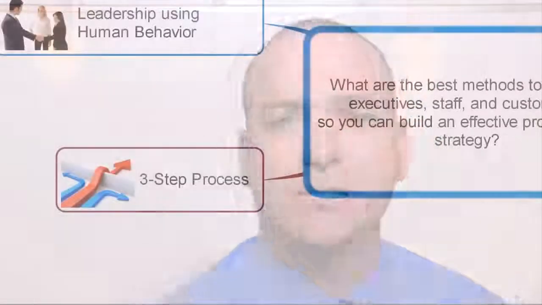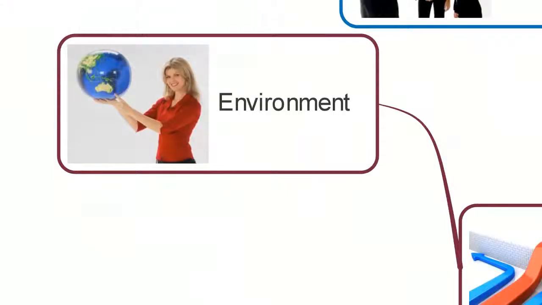I've been certified as a human behavior expert, so I understand how to use these concepts for the long term as well. And it's really a three-step process. The three-step process starts, first of all, with the environment. What's going on? Are you in a big concert, or are you in a specific office? Is it a one-on-one conversation, or is it a group setting? What's the environment?